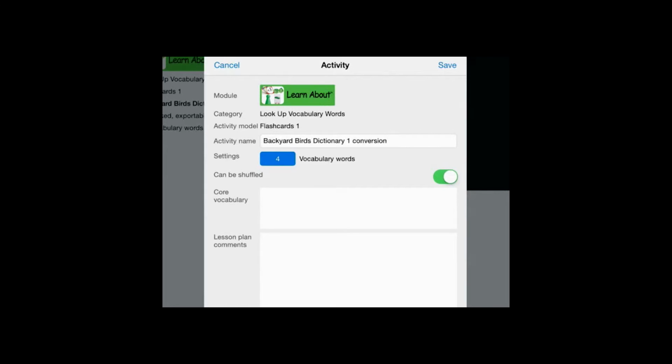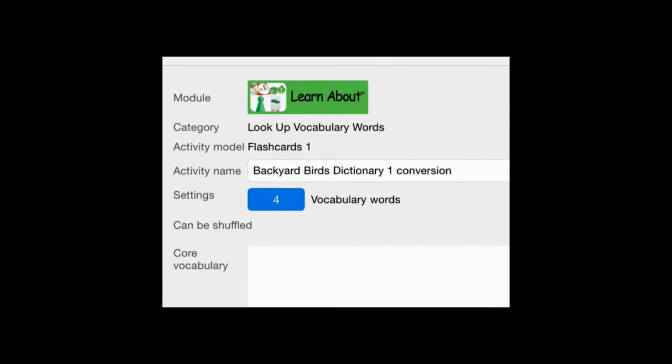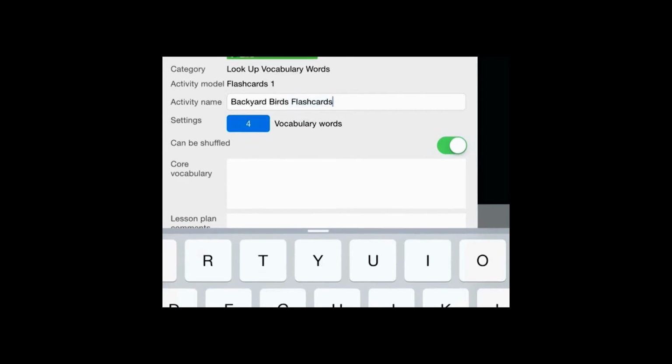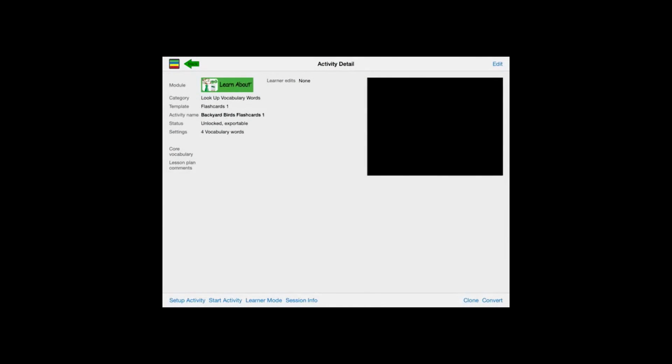And notice by default, the new activity name shows the name of the activity where the conversion originated from, plus the word conversion at the end of the title. You should replace the default text with a title that matches your new activity. Save your changes by tapping the Save button.